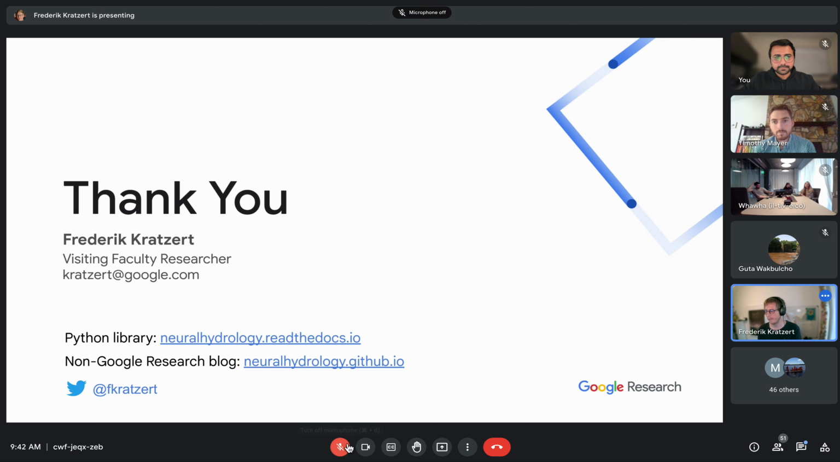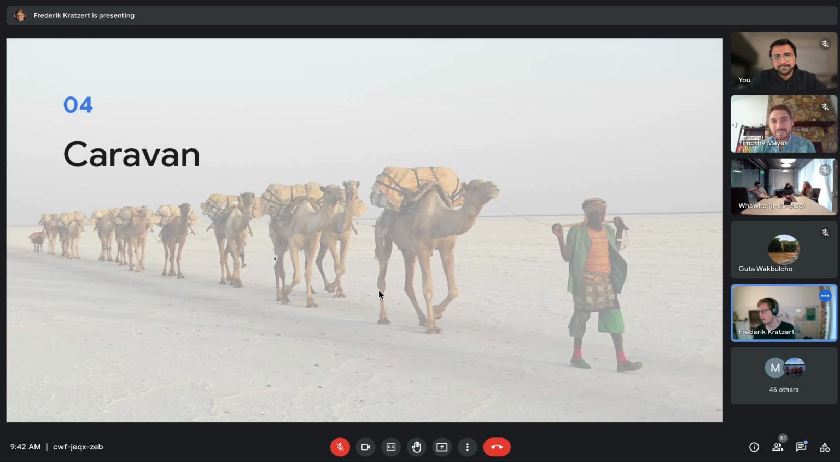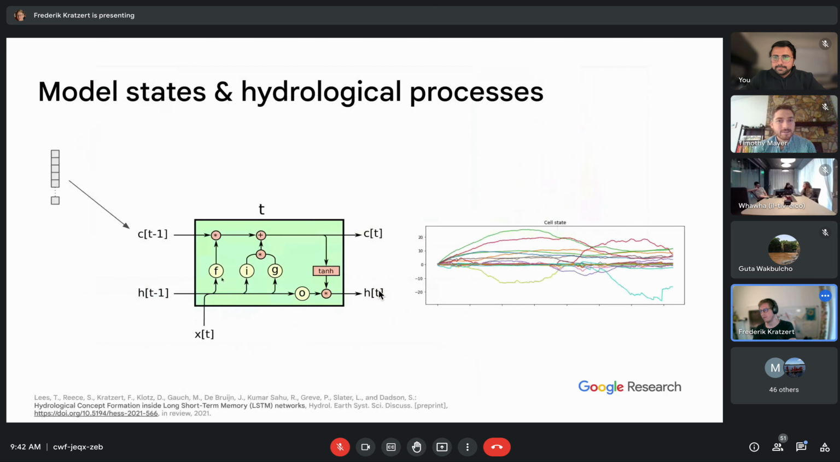Sure. I've done some research on model interpretability, and I actually looked quite a lot at cell states, because these are the states of the model over time, and we expect that something like snow or soil moisture is captured in the cell state. But instead of looking at individual cell states, which I've also done in the past, and which I would not recommend anyone do anymore, I think we even have a slide on this. Let me check. Yeah. So I co-authored a paper led by Tommy Lees,